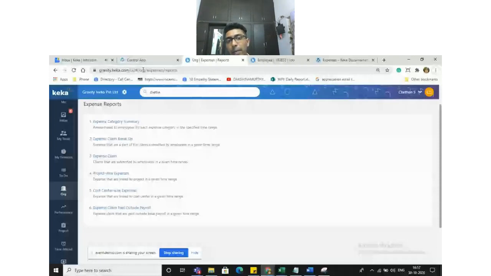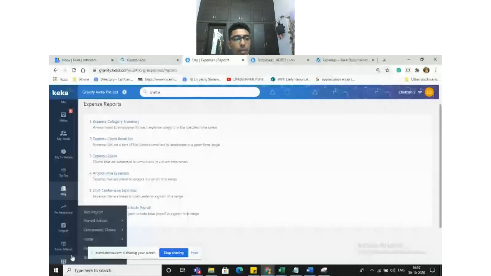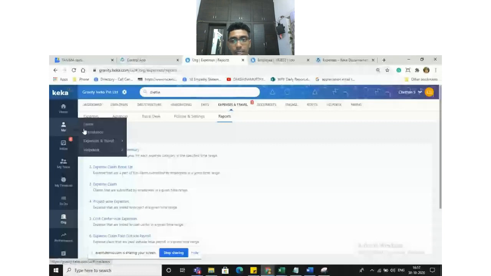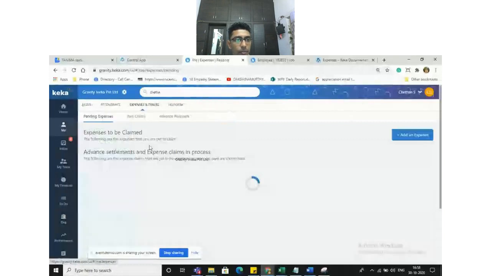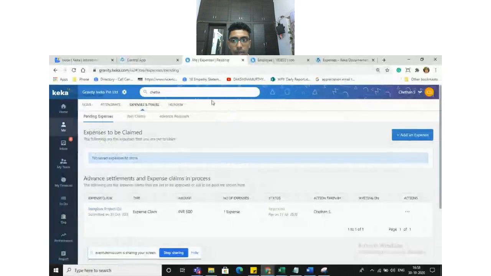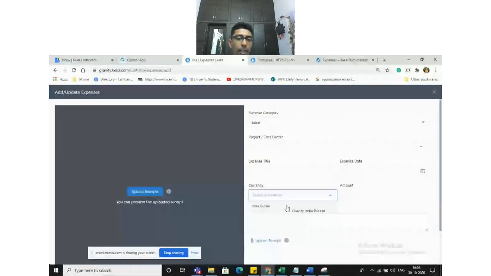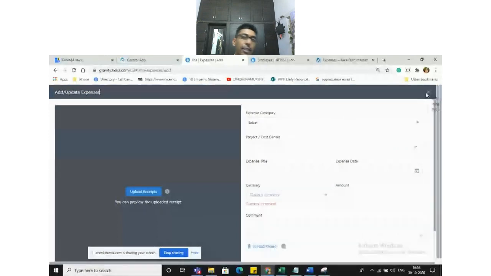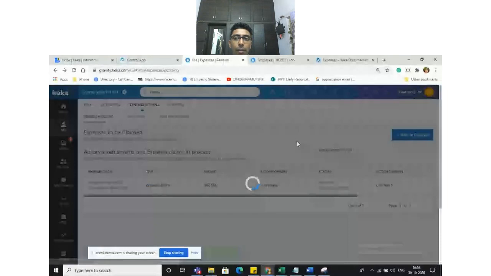If you have spent certain amounts in that particular currency and you submit those bills in those currencies, you can claim it in our currency while submitting the expense. I'll click on add expense and select the currency. That depends upon what all currencies we have added in the settings.